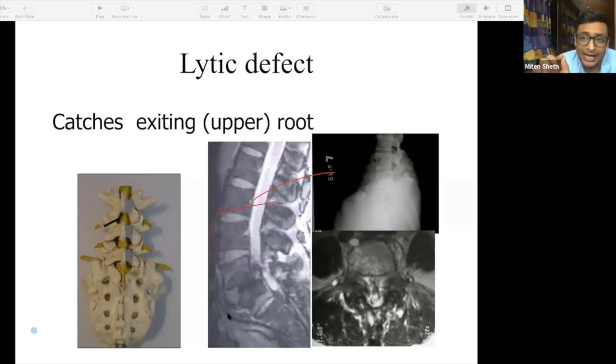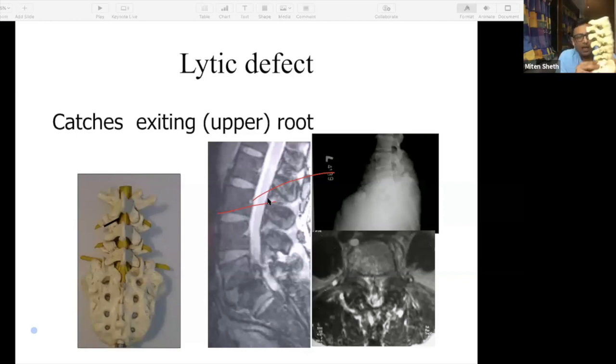That is a typical appearance of a lytic listhesis on an MRI. Otherwise, the ideal mode of identifying lysis is not on an MRI. It is actually on an X-ray done in an oblique view, where you see a Scotty dog sign. But in a listhetic segment, when there is already a gross listhesis, you will be able to identify if it is a degenerative listhesis or a lytic listhesis. Now, why is identifying lytic and degenerative listhesis on an MRI important?